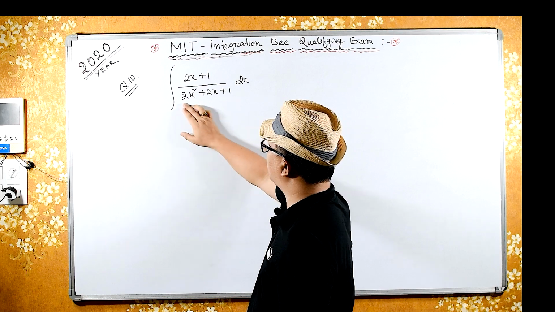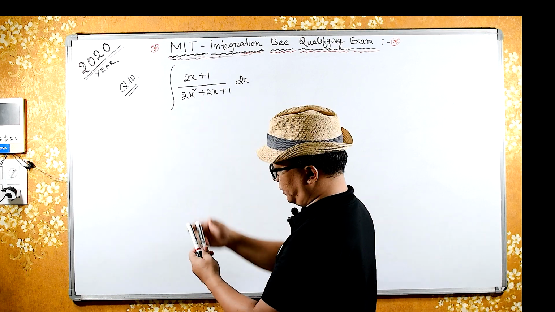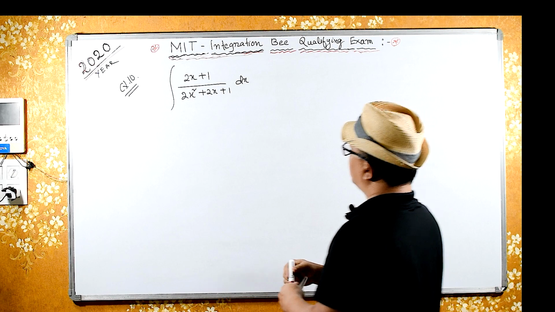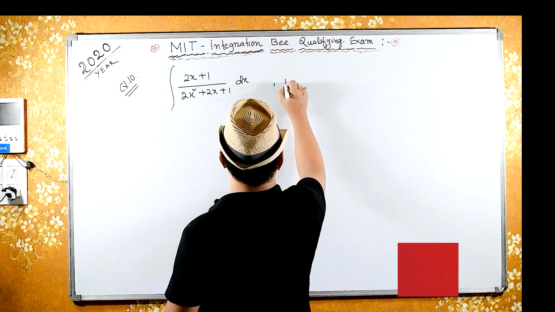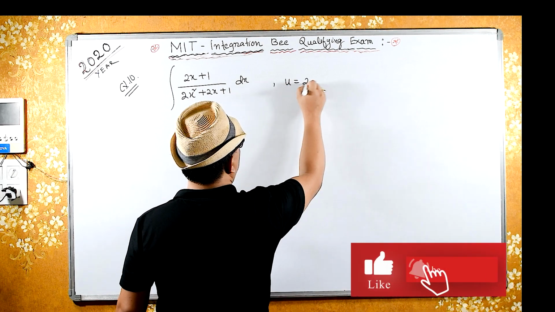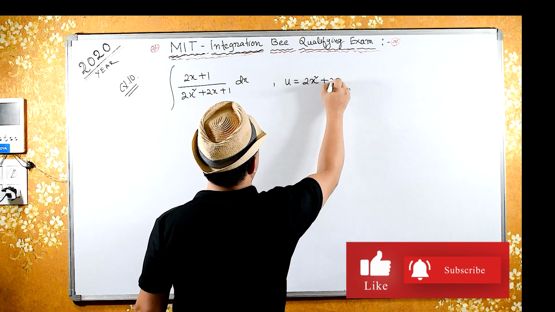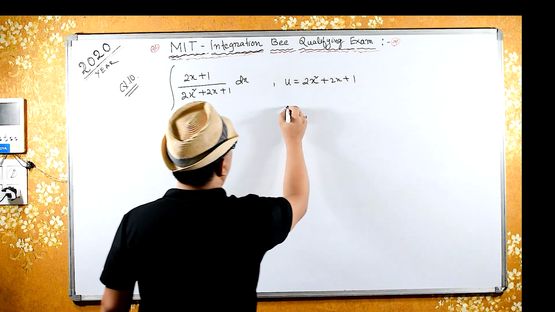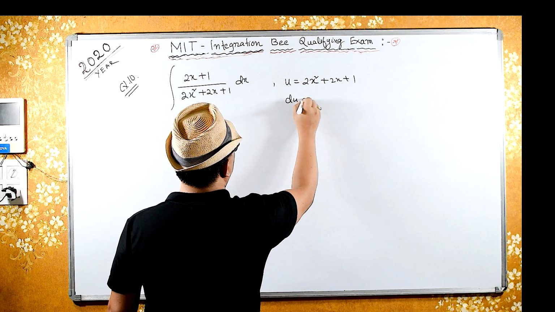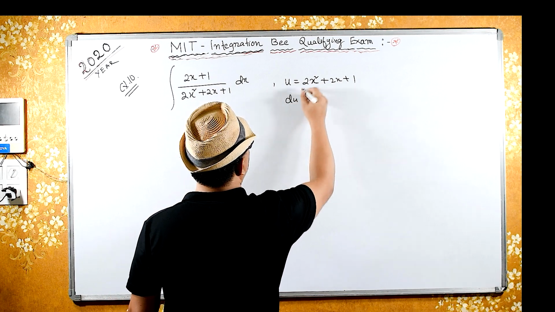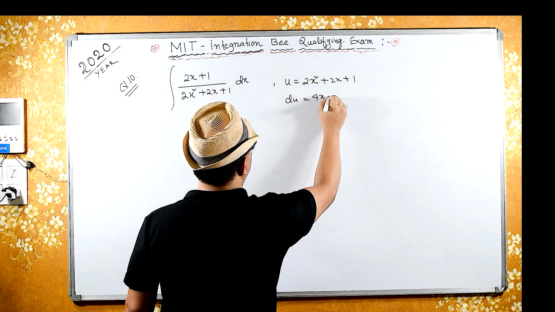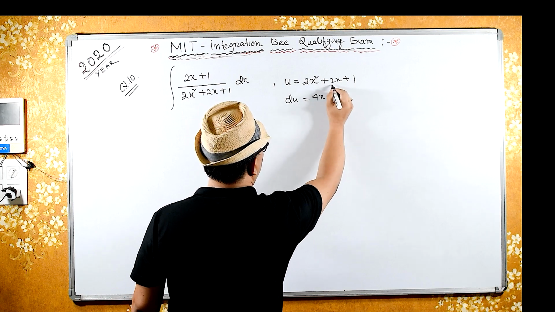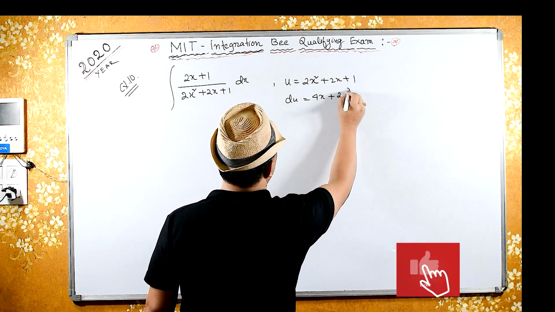Let's do one thing. Let's substitute the whole denominator as u. Let's see what comes. After that, we can adjust. Let u equal 2x square plus 2x plus 1. Then differentiation of this, du equals what? It is 2 times 2x plus differentiation of 2x is 2 into